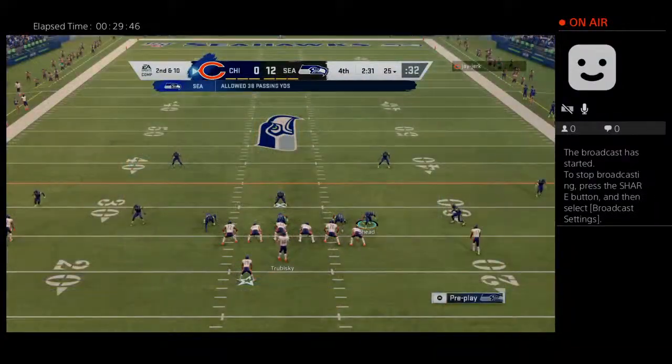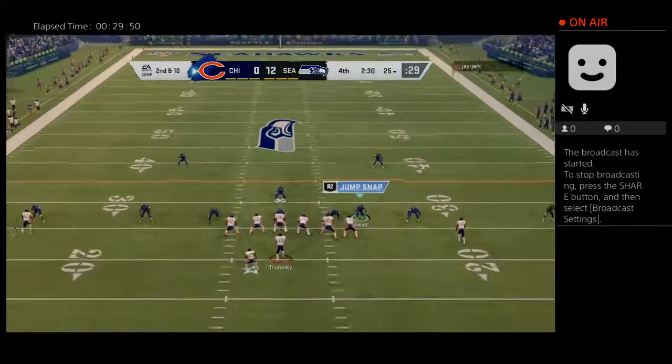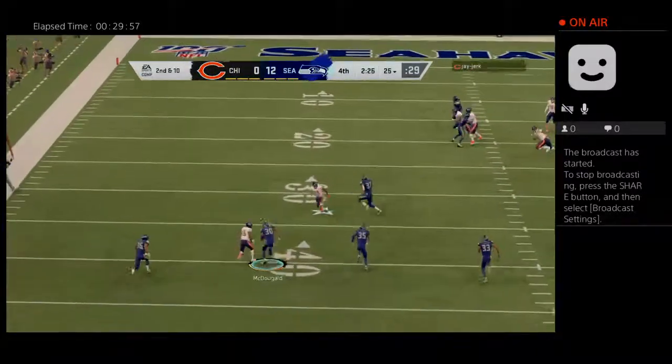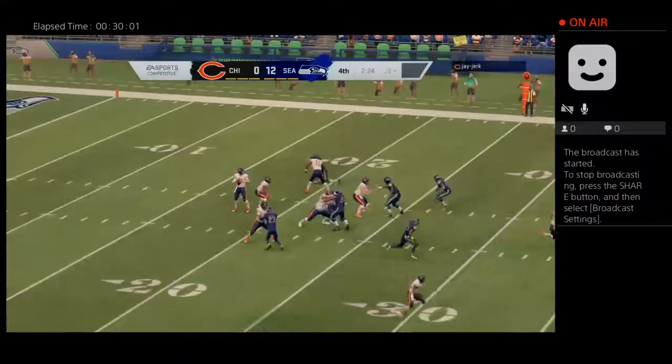An incomplete pass leads to 2nd and 10 from the 25. Now it's Trubisky. And this is intercepted, and that should do it. Picked off by Brad McDougal. And this one will be returned to